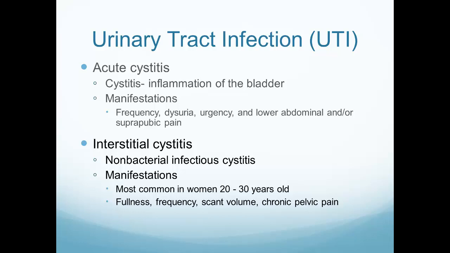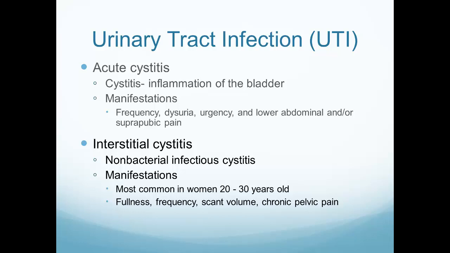We call it acute cystitis if the patient has a urinary tract infection that's acute and we're able to treat it with antibiotics, etc. Typically what happens is the person feels this overwhelming need to use the restroom. That's called frequency. They may have burning with urination. That's dysuria. This urgency, this feeling like, oh my gosh, I've got to go like right now, constantly, even though they're going like every 5 minutes. And usually what happens at that point is you're just kind of trickling out a little bit here and there. Lower abdominal and or suprapubic pain